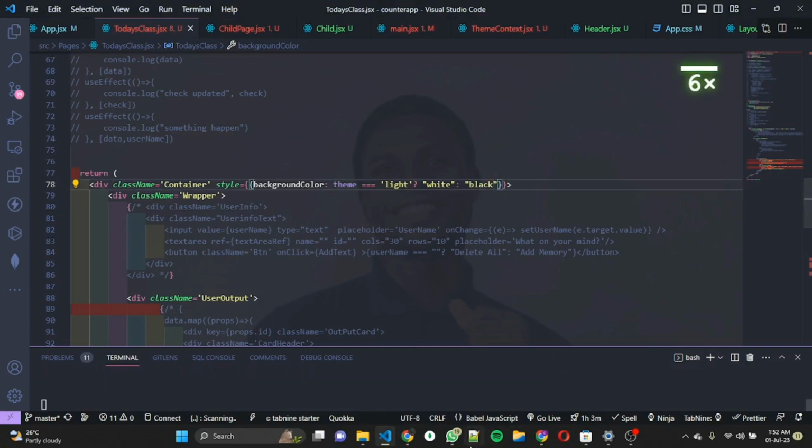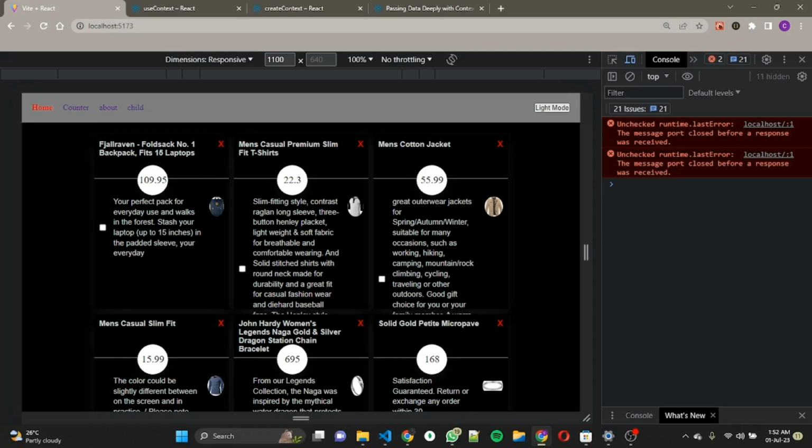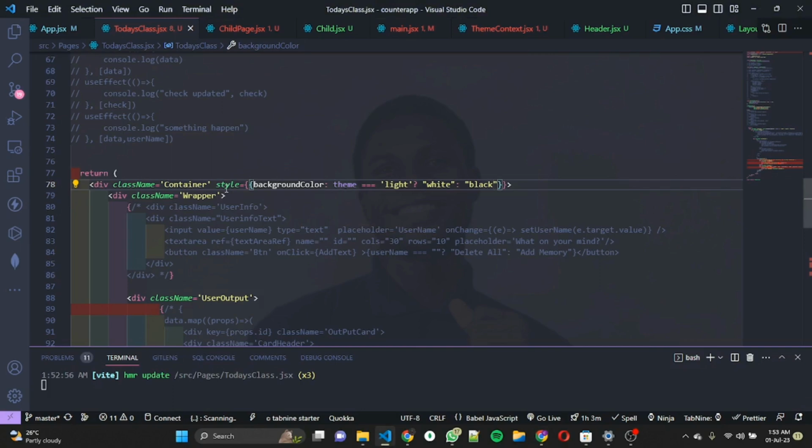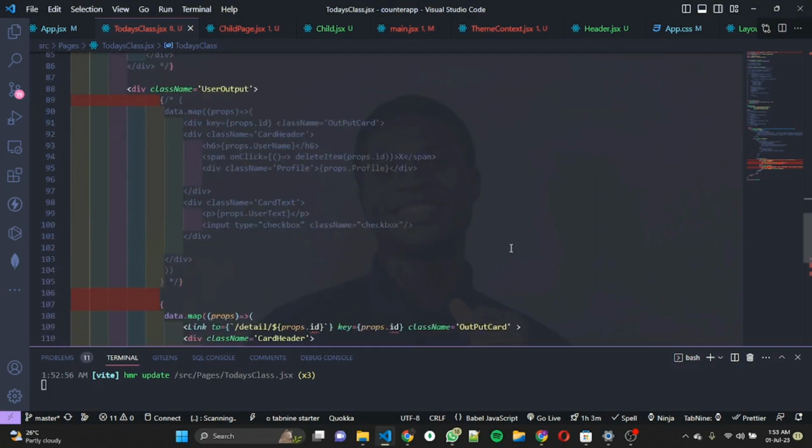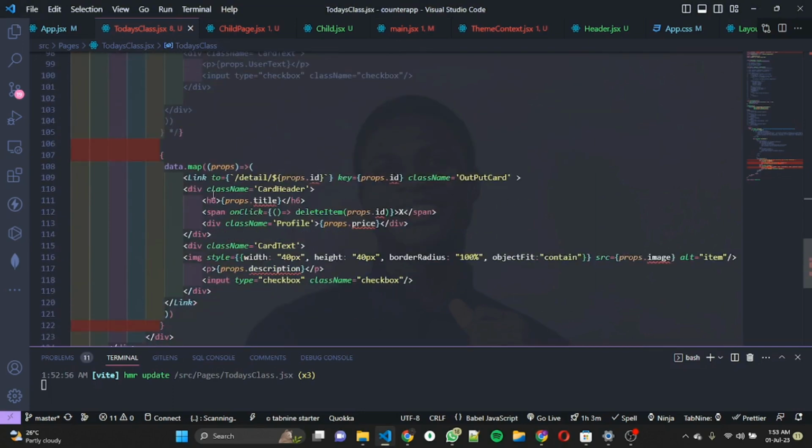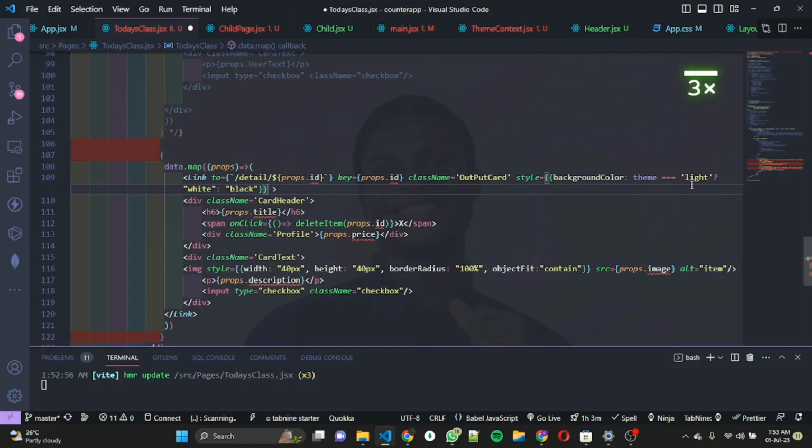But if we make it black, our card wouldn't be visible, right? Even though we have some shadow around it or whatnot. So let's use this same thing and affect the cards itself. So let's come to the card now. Since they are linked, or since it's a link, I'm going to do something. So now background color if theme is light, then it will be black according to what is already there, and